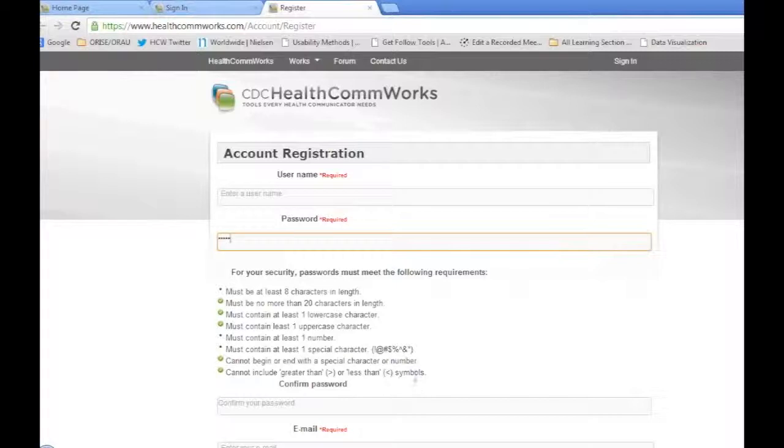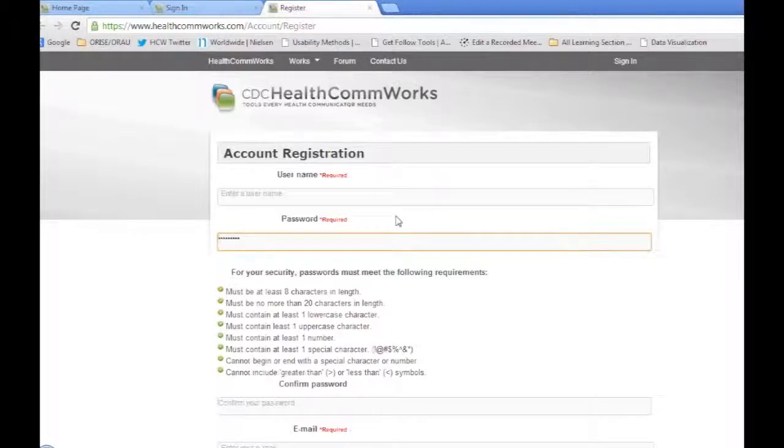I think the only person who really screamed in the light when they saw this was my wife, and she's a computer programmer who knows about security, so she thought this was great because it definitely makes things more secure. But for we who have to think of these passwords, it can be a challenge, so I just would recommend keep plugging away at them until you find that you have some sort of password that fills in all of those variables. And when you do, then you're good to go and you can fill out the rest of the information like you would on any other form.